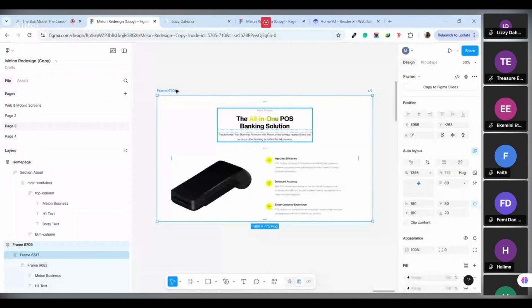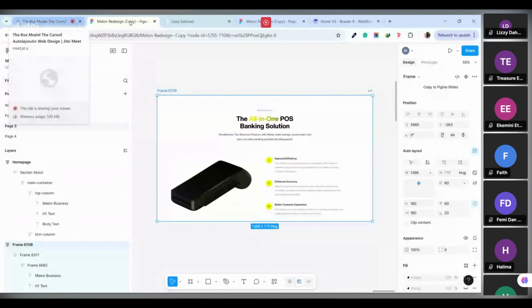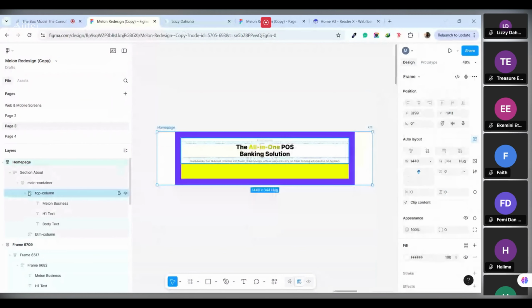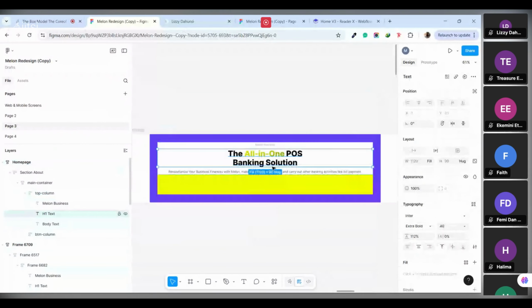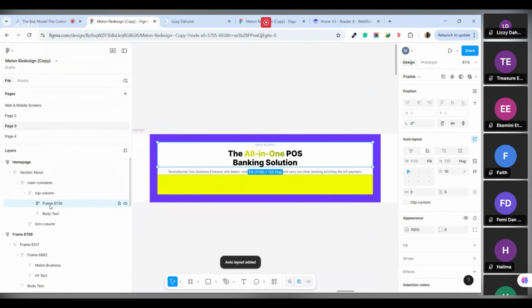Now let's go back to the design. So for this, you know that this hero text and this one are to be close to each other so that you can read them before you go to the description. You group them, and by grouping them you put them into another box so that you give them their own size and any other thing. You click Control A, Shift A, which is to add them into auto layout together. Then you can name it